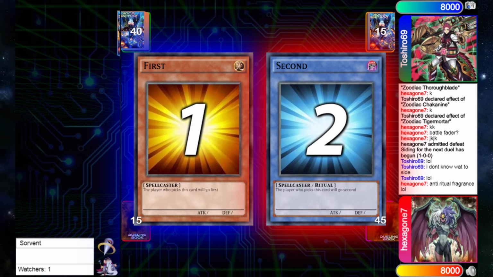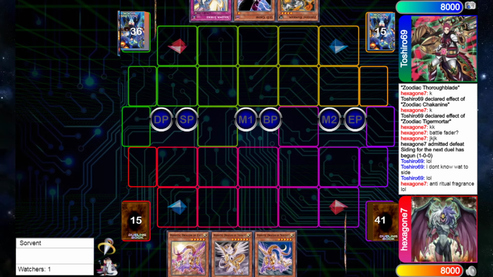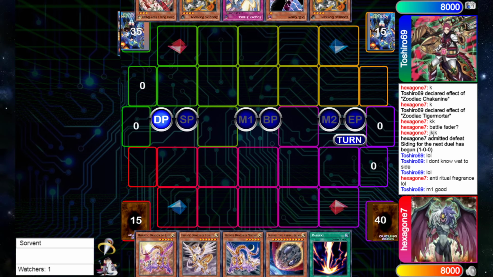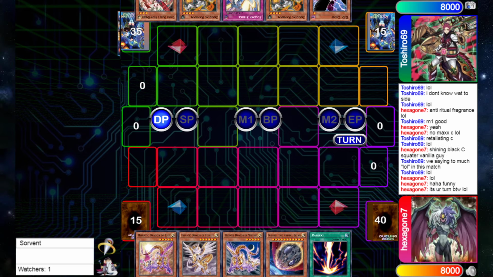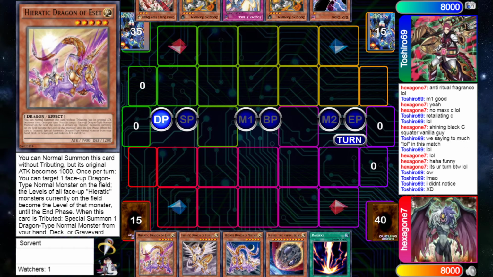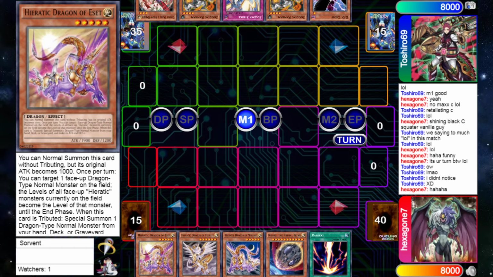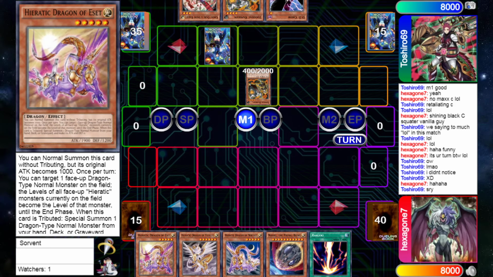All right, moving on into game number 2. It looks like Hexagon's going to be opting to go second, which is really interesting. And he draws a Nibiru. So this card is pretty crazy, and obviously, and I think especially in these tournaments where the decks are less powerful than you'd think. So Solemn Strike's going to be set, and then he's going to be going ahead and